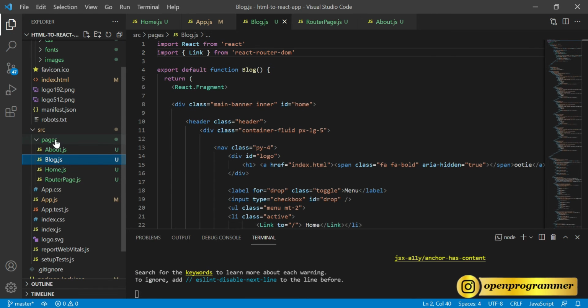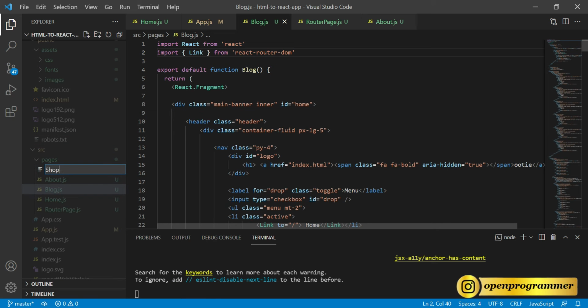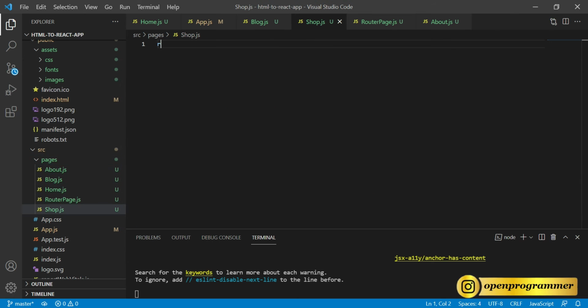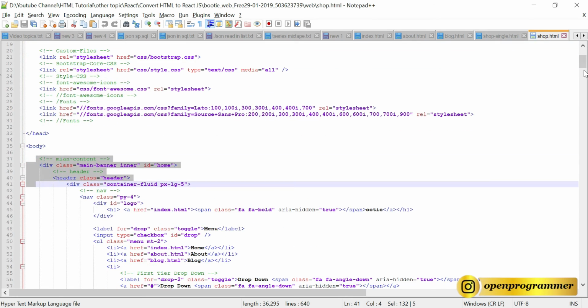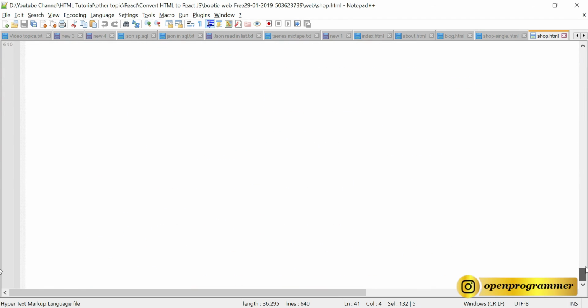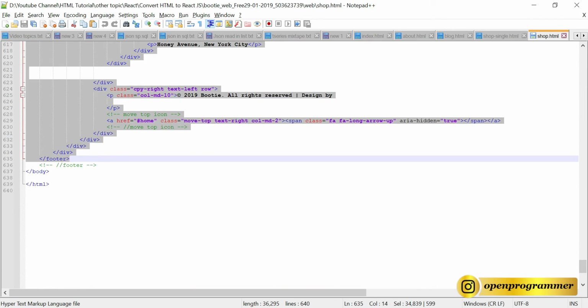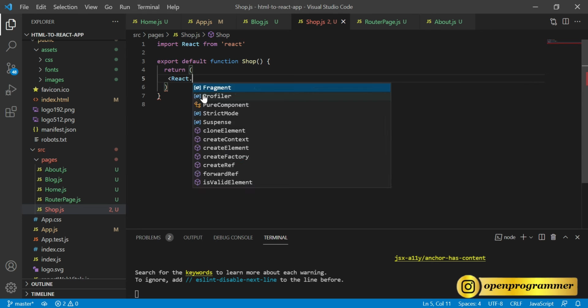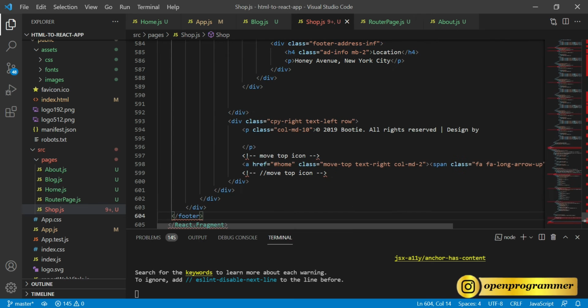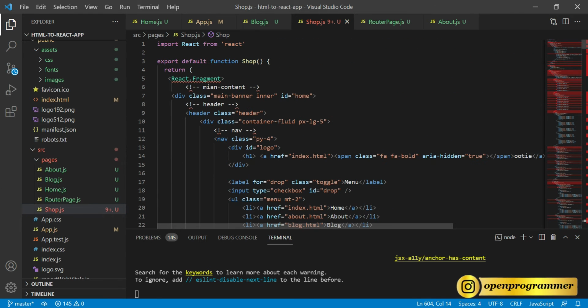and here let's create a page named shopnow.js or shop.js, rfc tab, and in the editor copy the body part, React.Fragment, paste, remove all the comments,